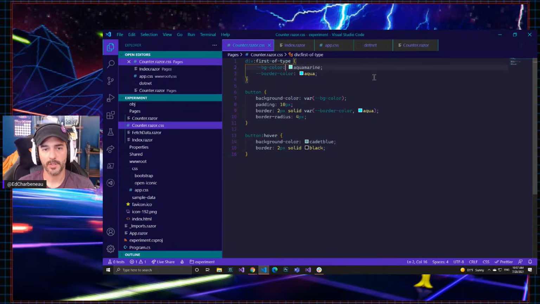But over here, where it says aquamarine, I'm going to take this out. And I'm going to say var background, counter background color, and move aquamarine there, like that. So now what this is saying,